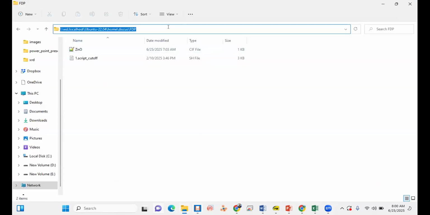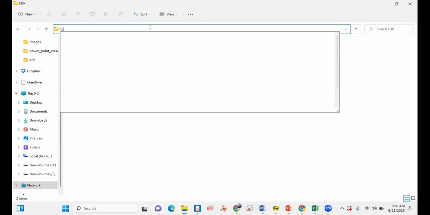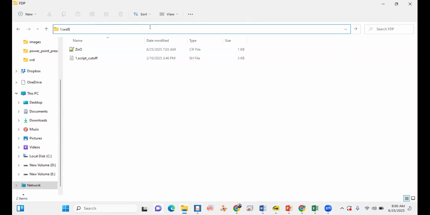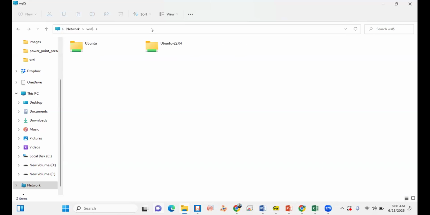In File Explorer, you type in this line backslash backslash wsl dollar symbol. If I enter, it will take me to where Ubuntu is. I have two Ubuntu, so I'm working with this one.